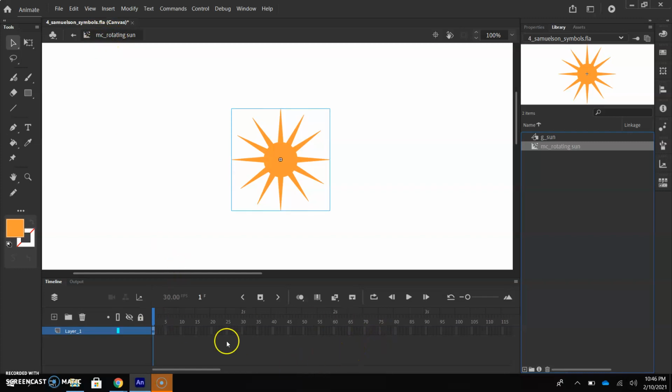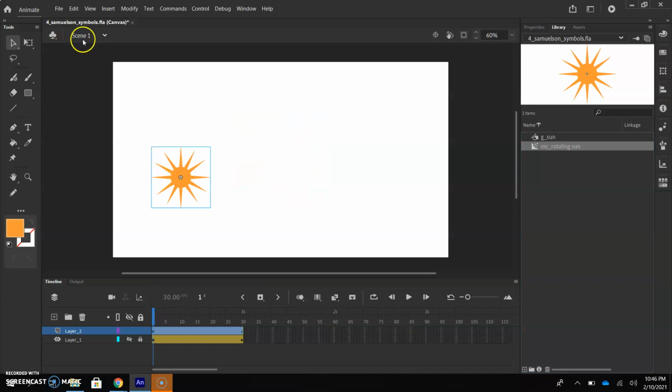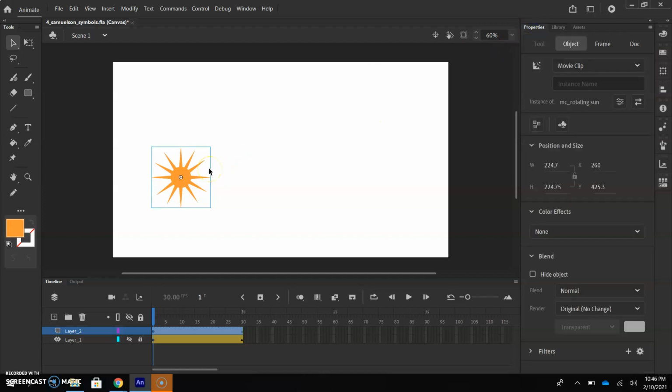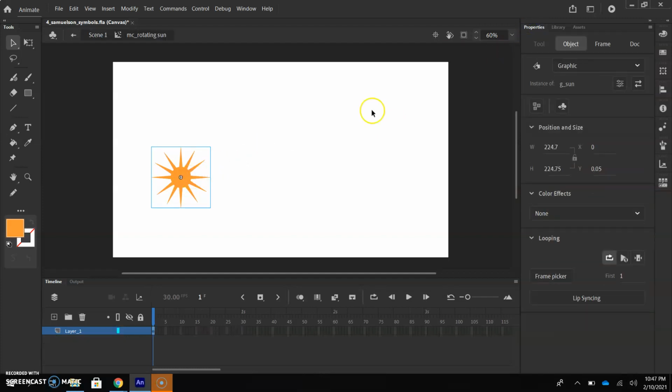And you see that there is a timeline for it. Now I'm going to go out back to scene one. And here it still is, okay? I can look at my properties and this says it's a movie clip. If I double click, it also goes in there. Now, don't be fooled because I went into that movie clip, but when I click on this, guess what? The graphic of sun is there, which is fine because remember